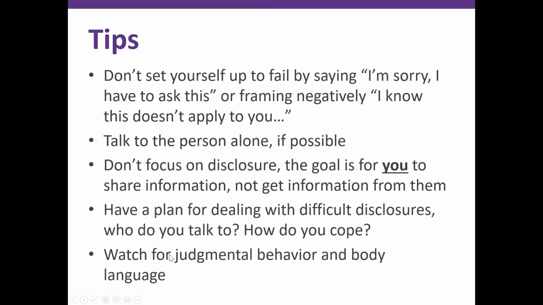So a couple of tips in talking about domestic violence. First, I just want to acknowledge that talking about domestic violence is not easy. I've been doing it for over a decade, and I've learned some things, but it's never gotten easy. So if you feel uncomfortable, or if talking about things like domestic violence and sexual assault is hard for you, that is totally normal. That is totally okay.